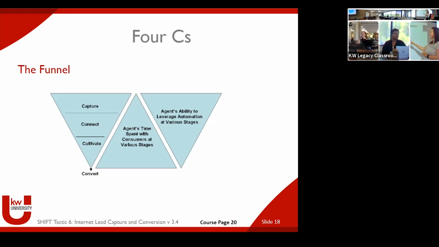But what's really interesting about that is this triangle right here is showing you how much of that can be done through automation. So in the beginning, when you're in that capture stage, most of that is automation. You're not doing it yourself. You're making a SMART plan that gives your whole follow-up for however long you're going to communicate with them. Doing that at one time, and then slowly, as you get closer and closer to converting that lead into a client,